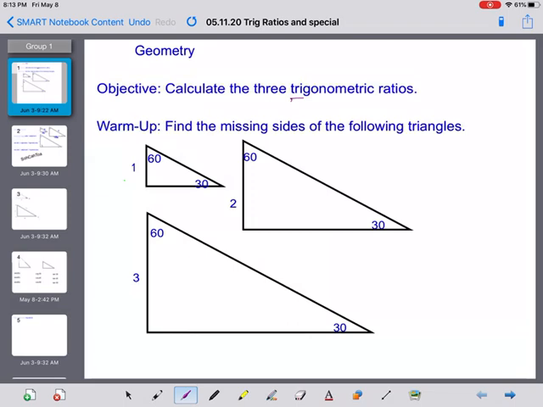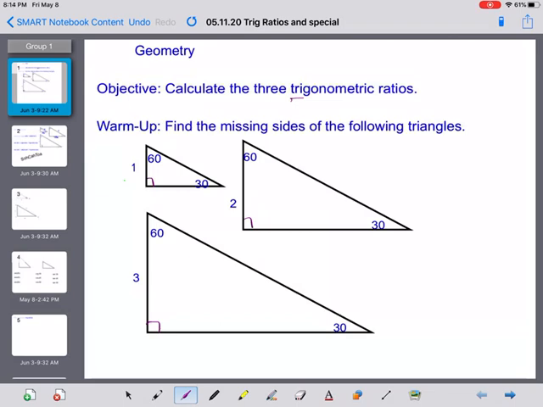So, let's start with this opening problem, reviewing the 30, 60, 90 special right triangles. And then we're going to use that to define what a trig ratio is. All right, so